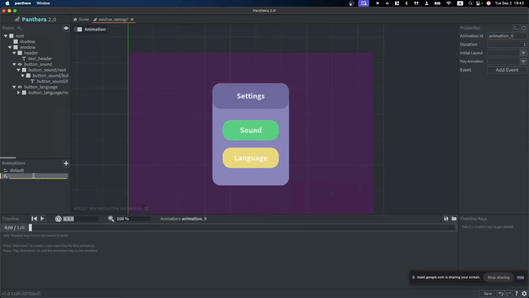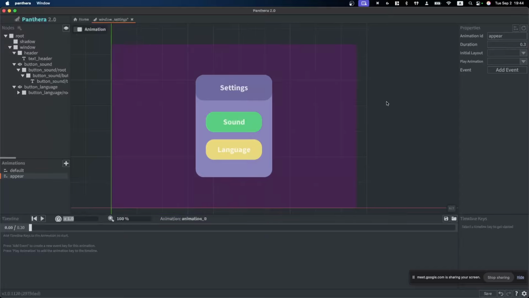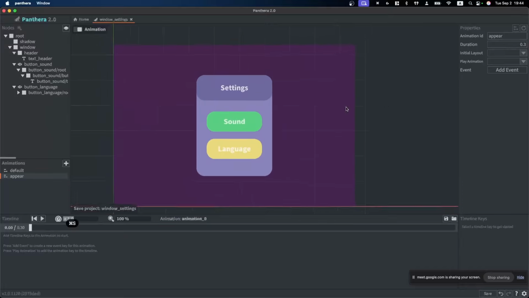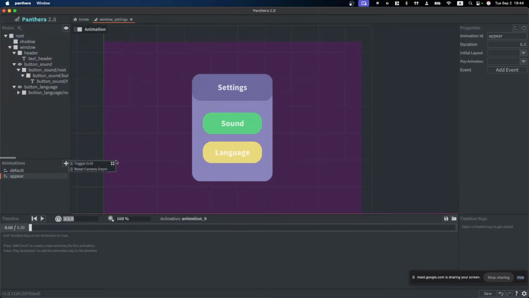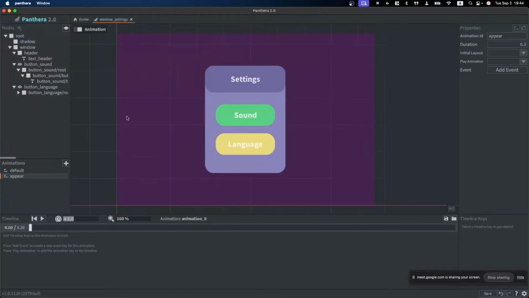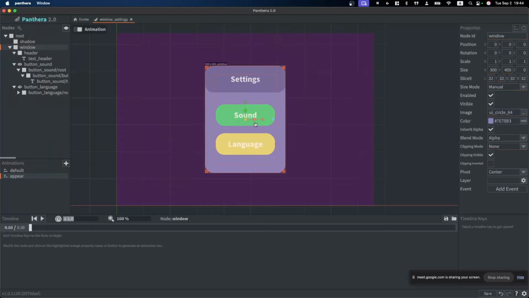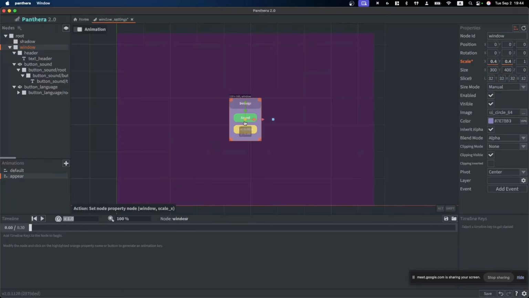So we can press a plus, make appear animation. There is a selected appear animation and there is a duration. We need a small amount of seconds, like 3/10. And what we want to do is use the timeline, and we need to set the position at some time which we want to see. So for example, for window, I also want to scale it to 0, or right here, scaled.